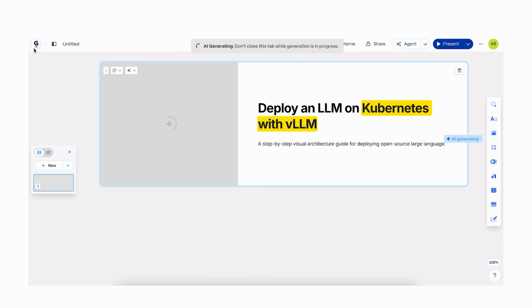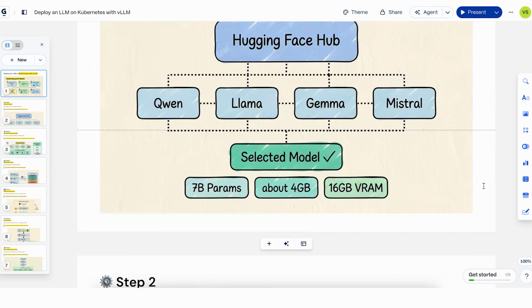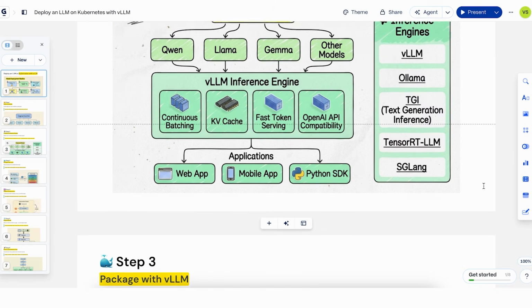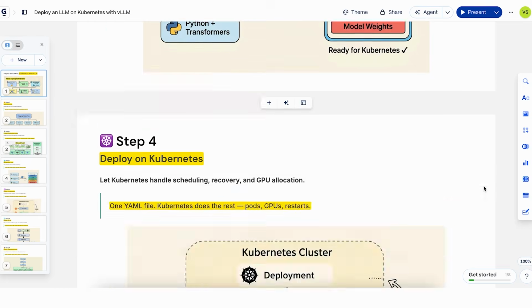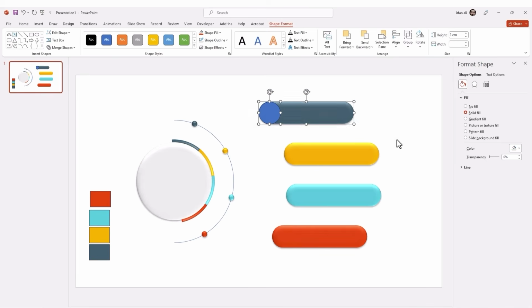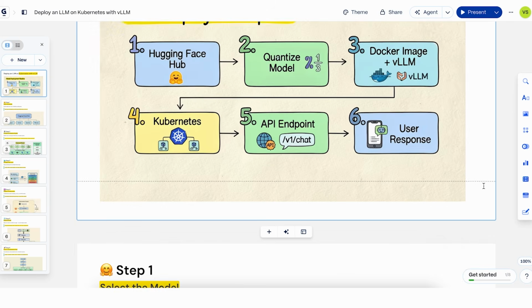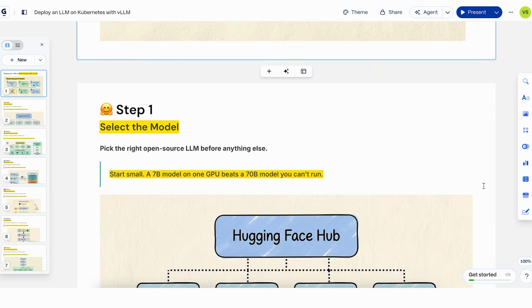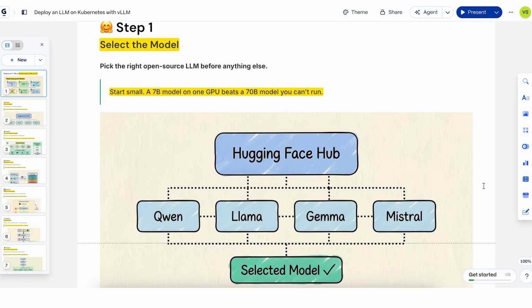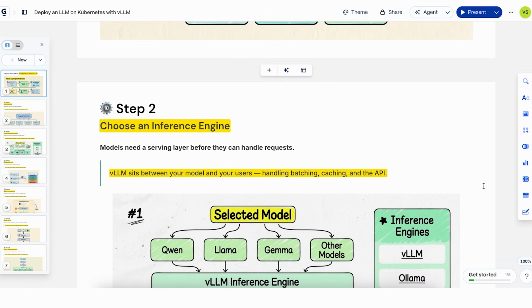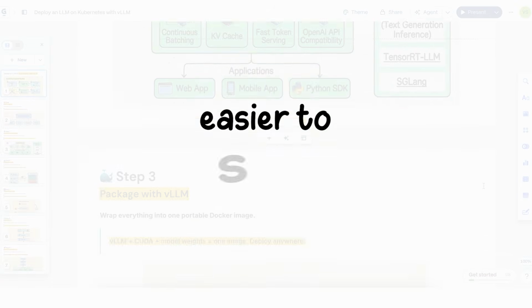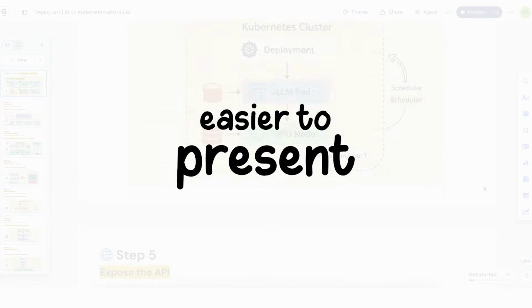Now, what impressed me the most was how Gamma didn't just create diagrams, it turned a whole project into a presentation-ready architecture walkthrough. Instead of manually creating slides, drawing boxes, connecting services, and writing explanations, it did the heavy lifting and organized everything into a visual story that was actually easy to follow. The output wasn't just prettier, it was easier to understand, easier to share with a team, and also easier to present during architect interviews.